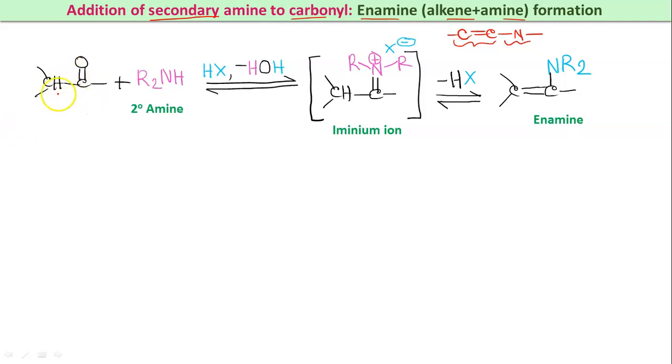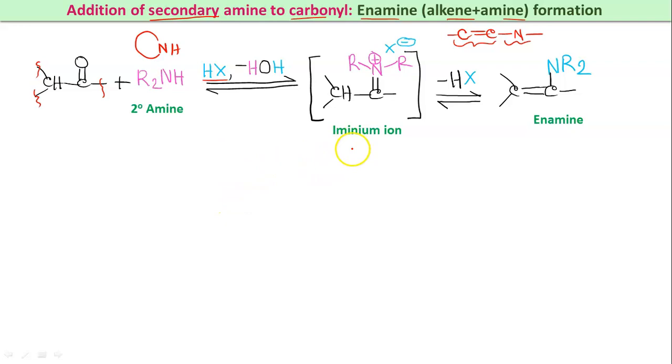Here we have taken this carbonyl compound, there may be any substitution, in presence of 2 degree amine R2NH. And remember this R2NH, though here I have taken an open chain amine, it may be cyclic also, like a 5-member ring or 6-member ring. In presence of this R2NH, that is 2 degree amine, and acid catalyst HX. We may not use acid catalyst sometimes, that is also fine, it depends on substrate to substrate, but most of the time acid catalyst is taken.